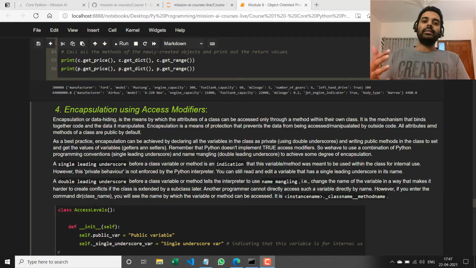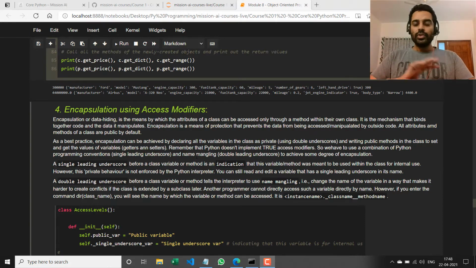And getters and setters are the most preferred way of dealing with variables that are exposed by the class, right? And all other variables should not be accessed directly. So the golden rule is never access class variables directly. Always use getters and setters, right?